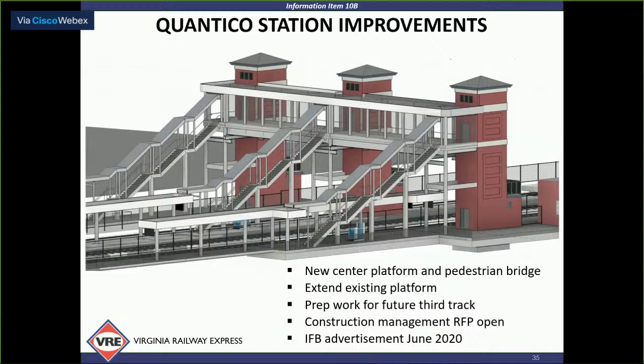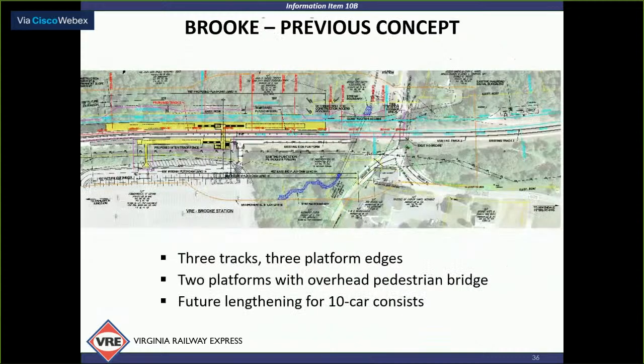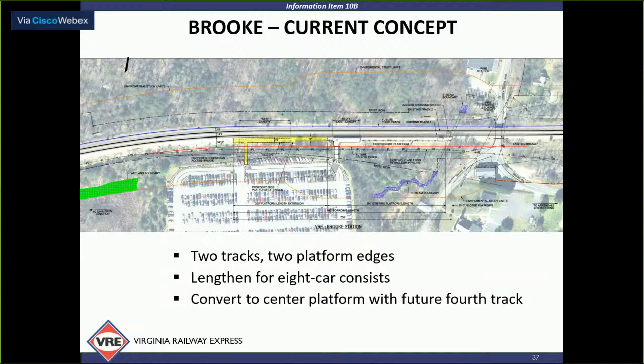Next slide, please, Robert. Brook Station, previous concept, again, a little broken record here, but you get the idea of how we've progressed this, right? It was 3 tracks, 3 platform edges with the center platform overhead, future 10-car trains potential. Now move to the next slide, please, Robert. And you can see that's a much simpler solution. In the short term, we will simply lengthen the platform to the south, add at-grade access, and then someday